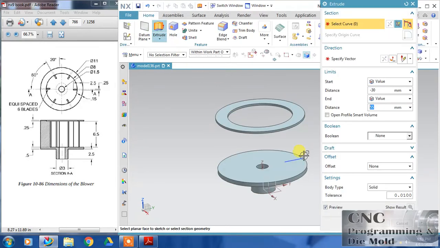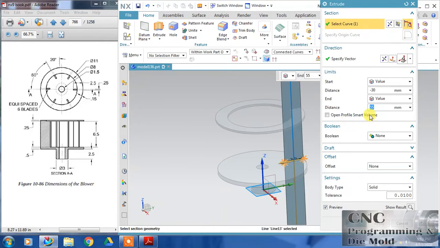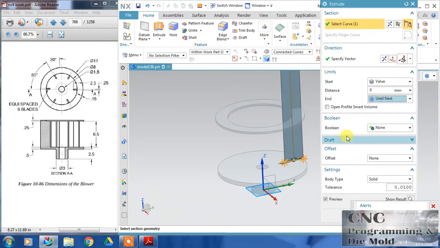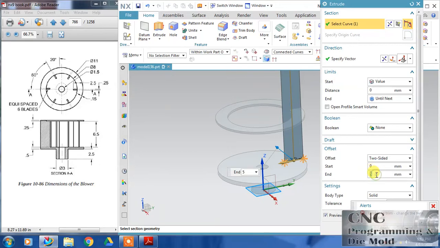Now I will extrude this, start at 0, and then select until next. Change it: define the offset 1 and the second side as 0.25.